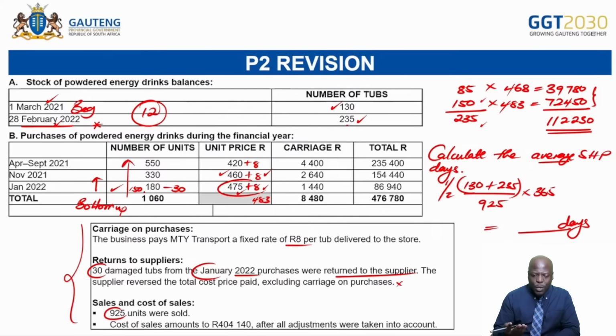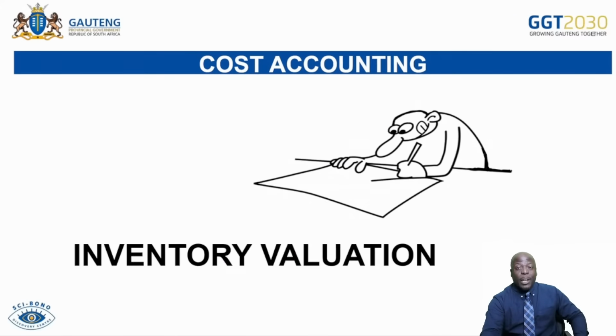But you can also find questions where they can say, calculate how long in days it can take to sell the closing stock. So if such a question comes, calculate how long in days it can take to sell the closing stock. I'm going to see if I can do it in the very next activity. All right, if I can look for that activity, because remember, we had prepared more, but because of time, we'll not be able to do that. So we're going to go on to the next activity, and we're going to take again a 2-minute break just so I can go and look for an activity that allows us to answer such questions. So guys, I'm going to see you in exactly 2 minutes.